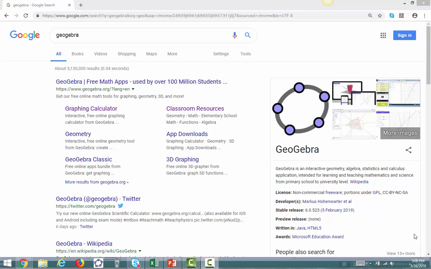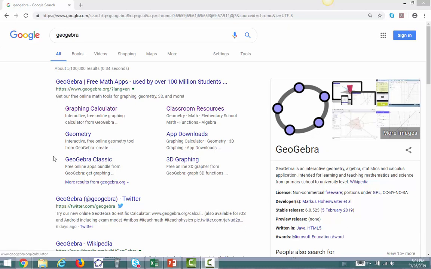So I wanted to take a look at GeoGebra so we can see what it looks like to use it and to graph on it, and so we can talk about conics and how I can give you guys some work to do using GeoGebra. So here's the first thing I did: I went to Google and I typed in GeoGebra, and here's what